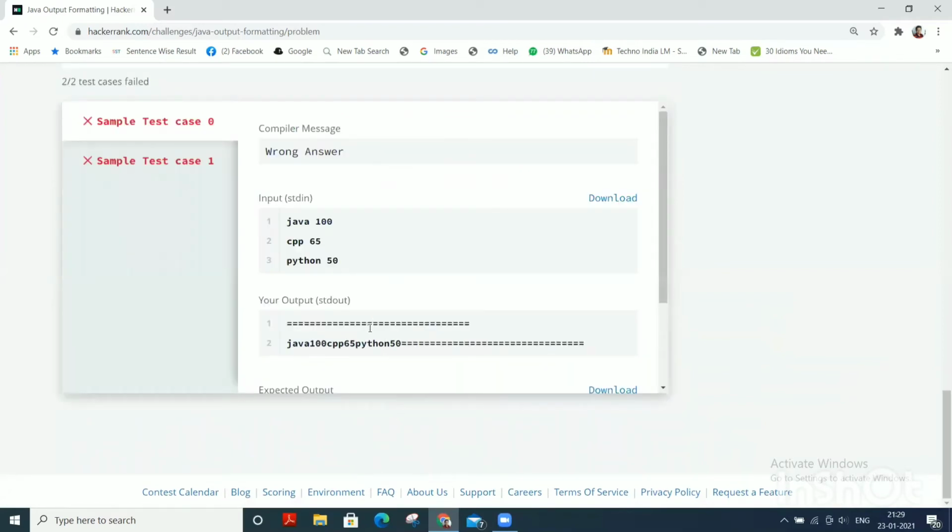Now see, we will get an error as we have not formatted our code, so we have to format this. As we have to align the string, by default the string is right aligned. To make it left aligned, we will use the minus symbol.